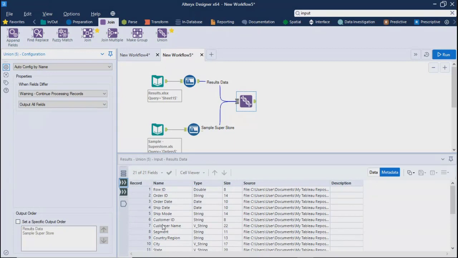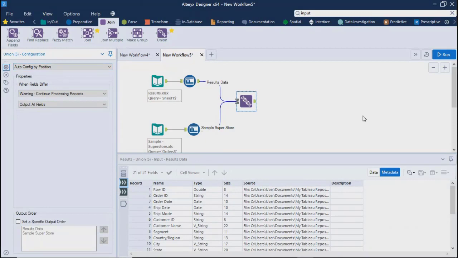If we have the same fields, Alteryx will automatically identify and append them. Maybe do the union. Okay, you understand this, right? Auto config by name. In case you want by position, you can do that also.